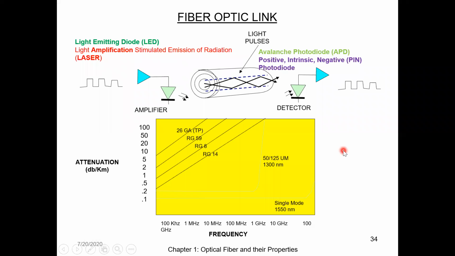Now, this was the diagram I was telling you about. Wherever the optical source is, please write down that we have only two types of optical source. One is the LED, whose full form is light emitting diode. The second source, which is most widely used, is the laser source. The full form of laser is light amplification by stimulated emission of radiation. We will be studying this separately in detail. Many questions and principles are there.